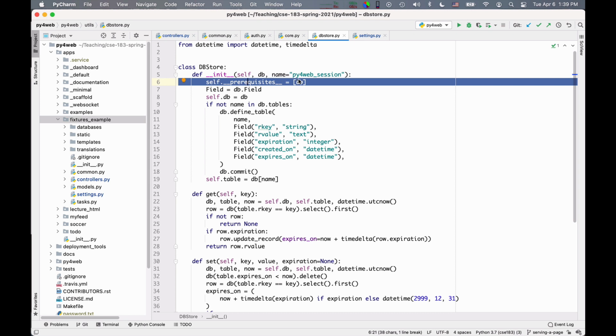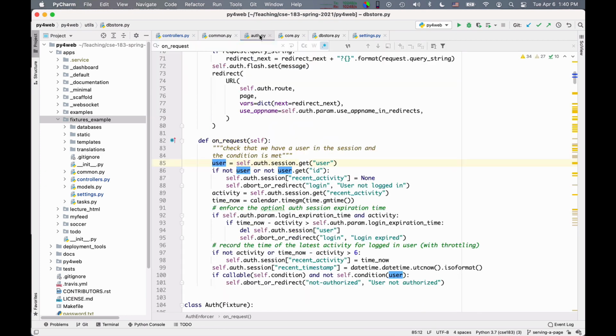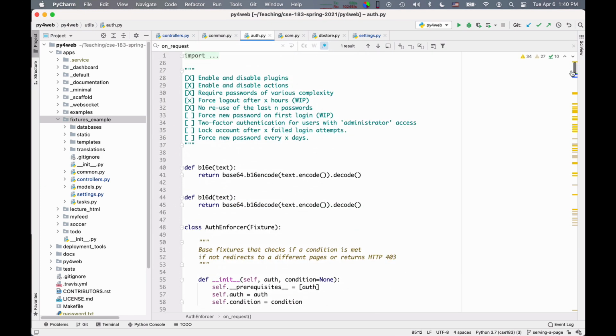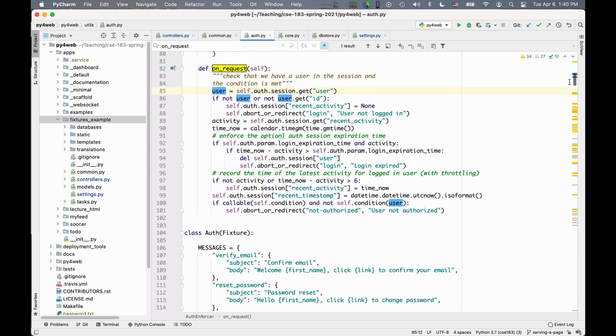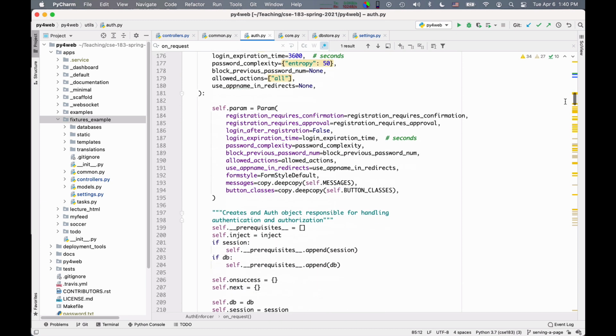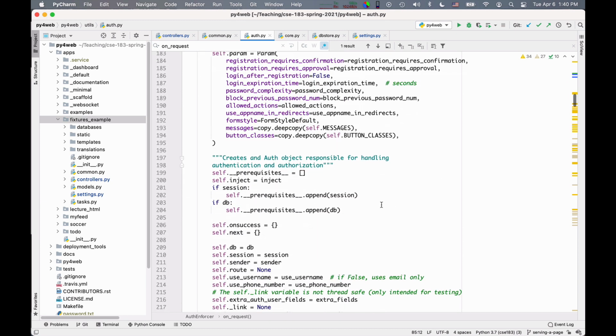the session depends on the database, and the auth object, if you read its declaration at the top of this file, you will see that it depends on the session and on the database. So there are these prerequisites for each fixture that say what you need to have before.